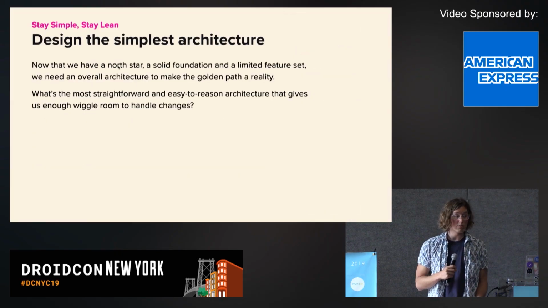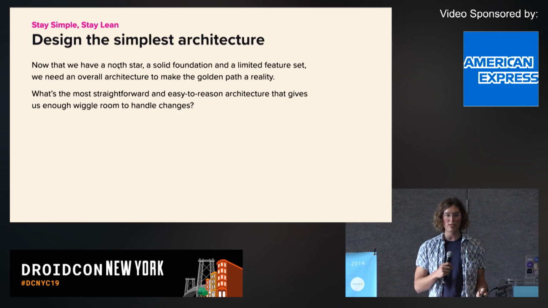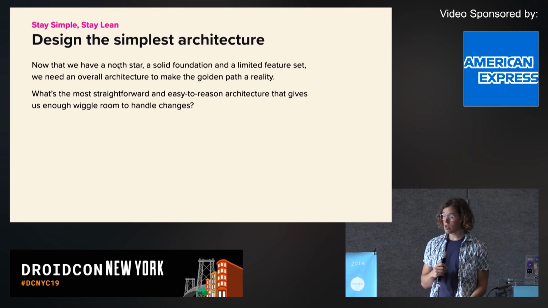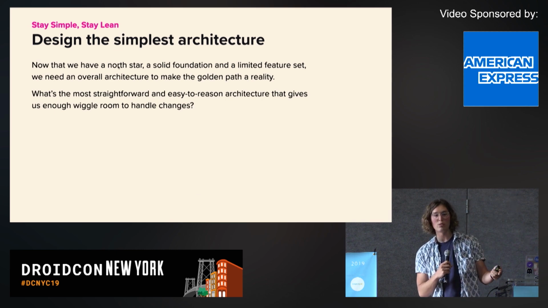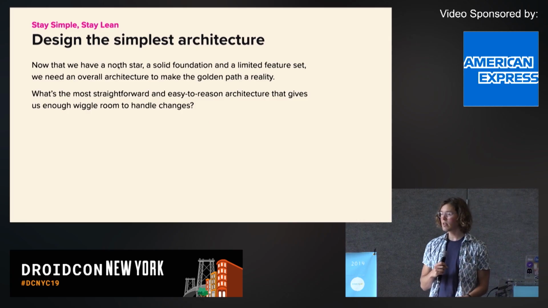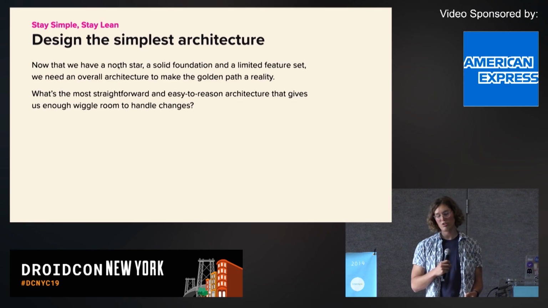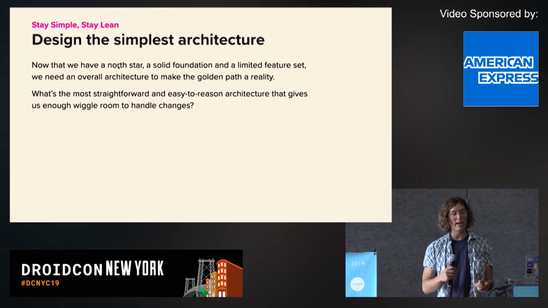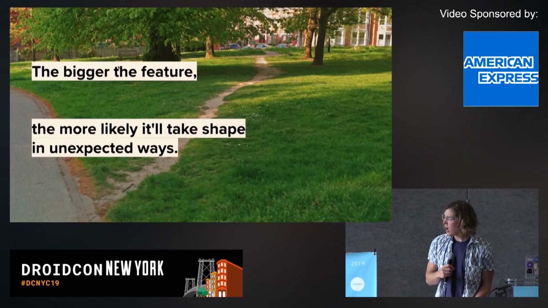We've limited what we're going to build, but now we need to decide how we're going to build the architecture to make this happen. And I think of a really great client-server architecture as having two main principles. The first one is you want it to be really straightforward and easy to reason about, so that in any sequence of events, you're able to tell what state the client is going to be in. But then you need to balance that with how this is going to change over time. How is this going to evolve? Does this have the wiggle room to change as our product naturally upgrades and adds new features?